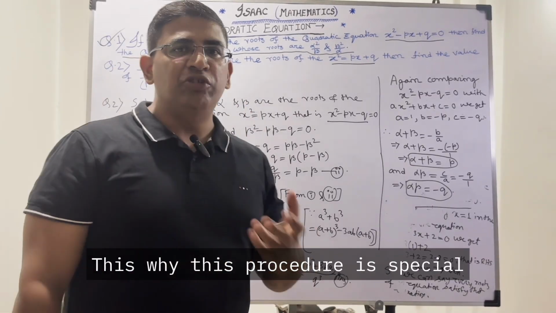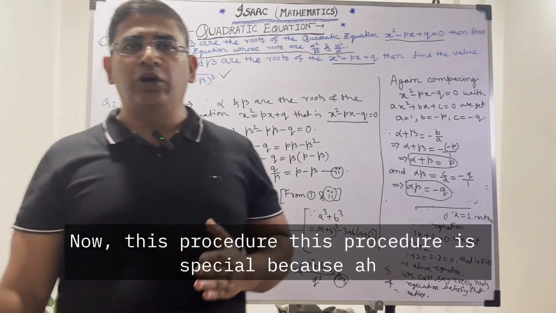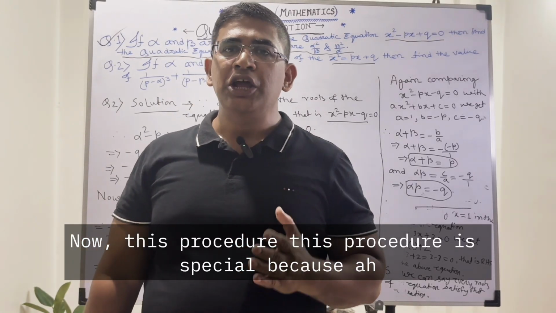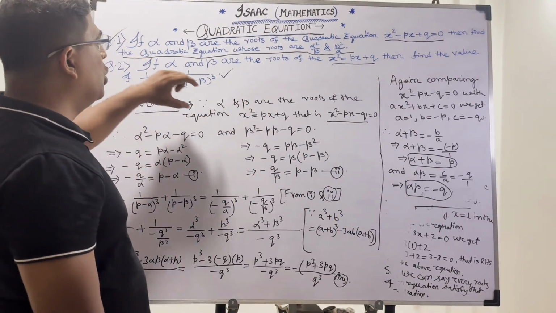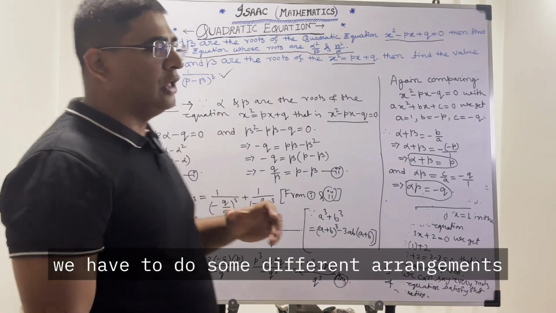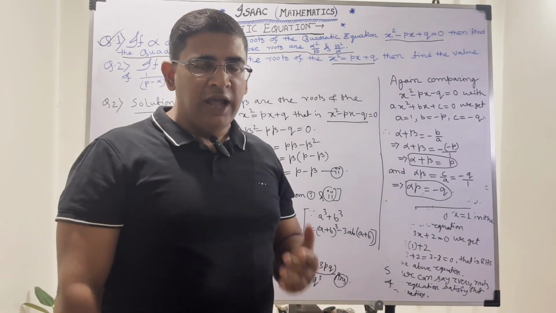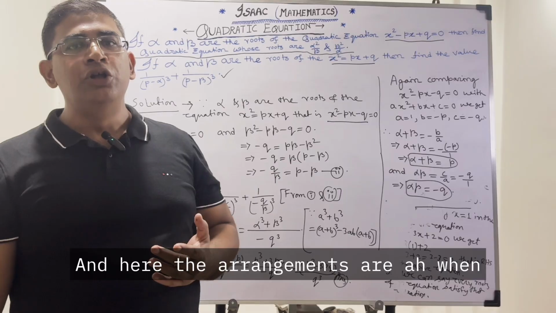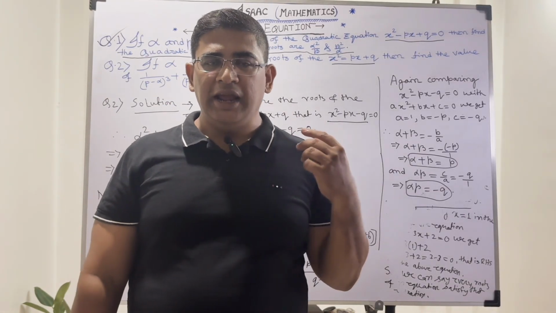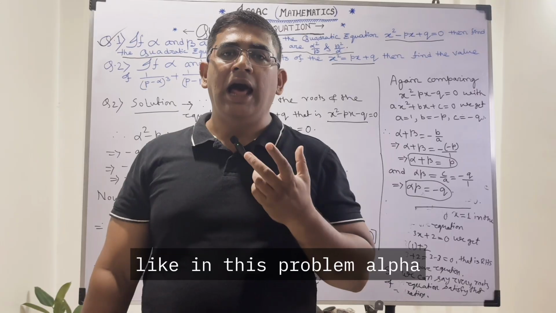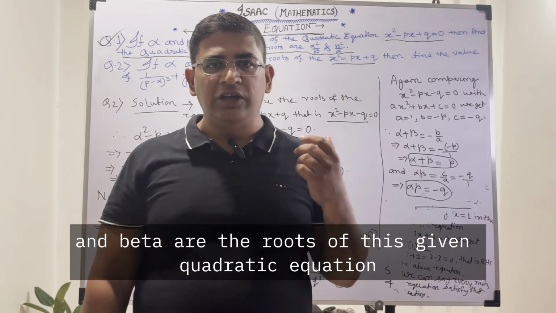Why is this procedure special? Because to find this value we have to do some different arrangements, and here the arrangements are when roots are known, like in this problem alpha and beta are the roots of this given quadratic